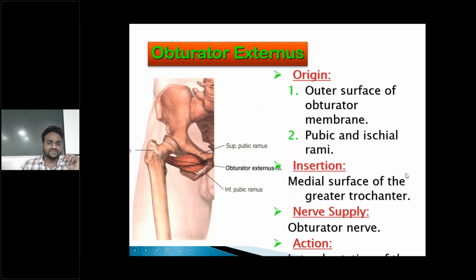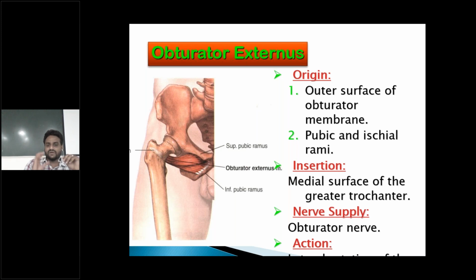Can you name the six muscles once? Are you listening? Yes. Can you name the six muscles? First muscle? Adductor longus, adductor brevis, adductor magnus, pectineus, gracilis, and obturator externus. So regarding